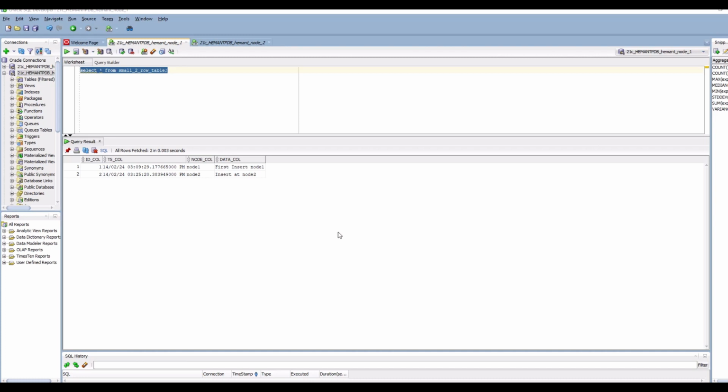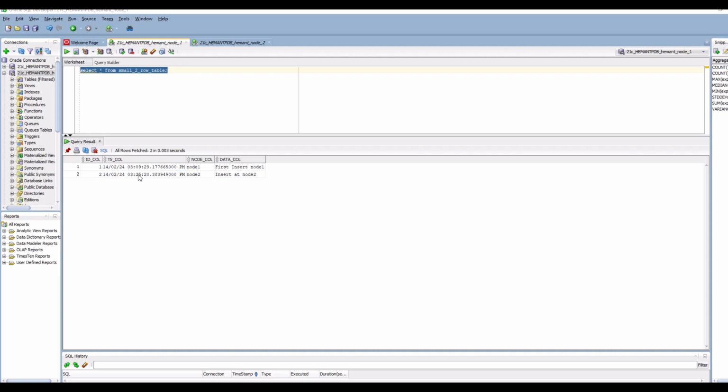Building on the previous demo, we had multiple rows across many blocks being updated from one node, that is node 2, and then queried from node 1, and then node 1 having to wait on global cache wait events because the blocks had been made dirty at node 2, and node 1 needed to fetch the current and consistent versions of those blocks. So here I'm going to run a demo with just two rows in a small table.